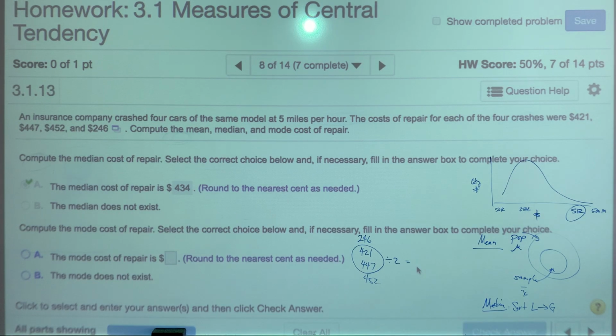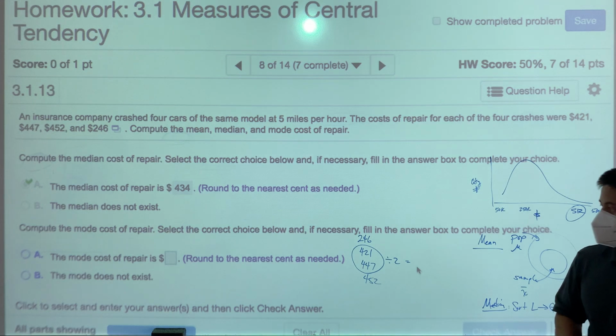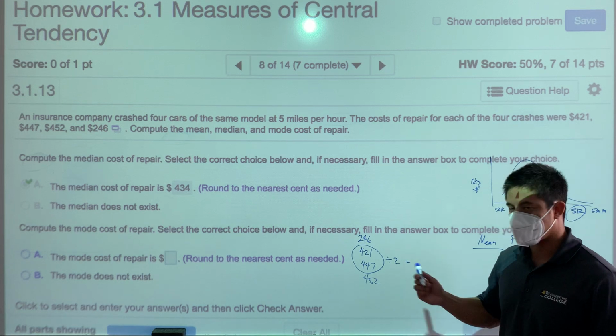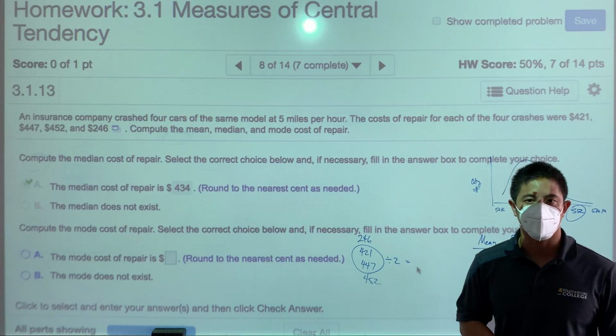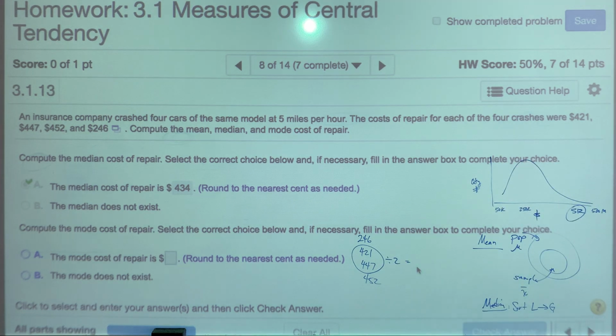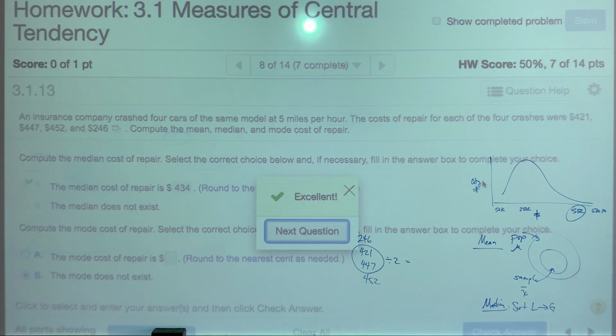Now let's talk about the mode. What is the definition of mode? Mode is the most frequently occurring element. So if I have an element that occurs more than any of the others, that's going to be my mode. The problem with mine is that all four of these are unique, aren't they? They're all unique elements. And when they're unique, and I don't have one that occurs more than any of the others, that's when you would select there is no mode. You guys follow me? Any questions about that? We okay? Great. Okay, let's move forward.